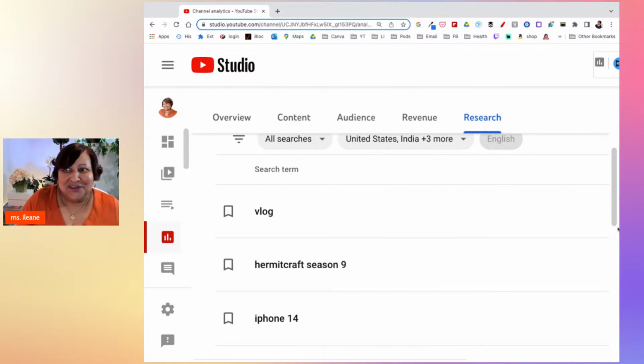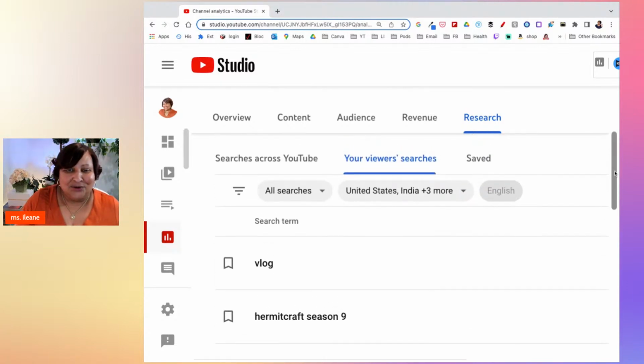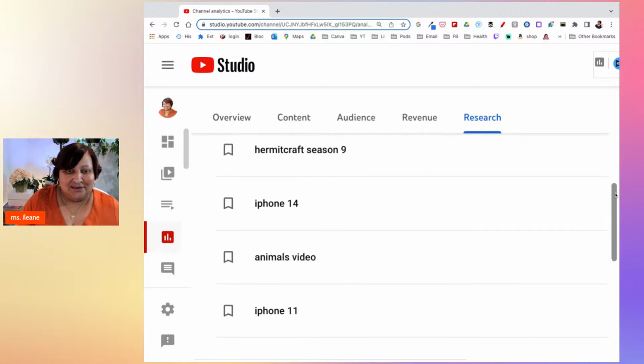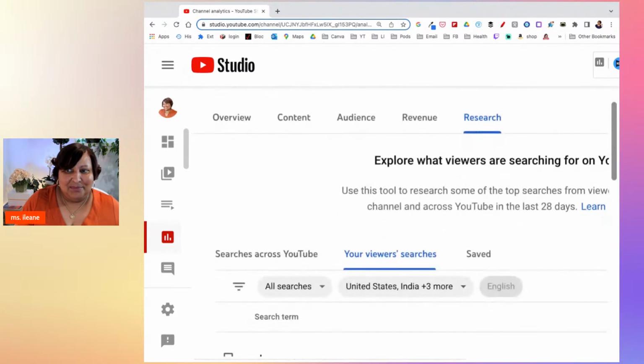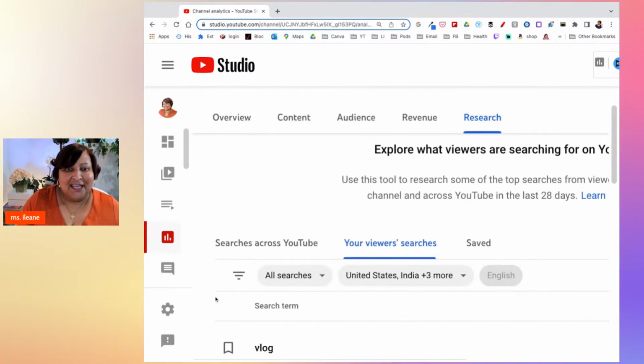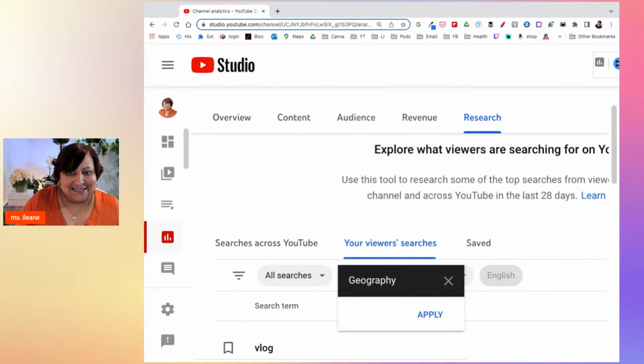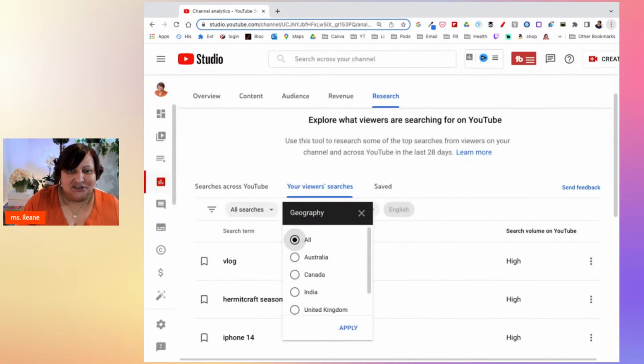But here's another thing that I want you to see. And this all depends upon your audience. Before you even start looking at all these, I'm going to scroll down real quick, but I'm going to come back up here because this is important. Here, for my content, it's important for me to look at my geography. Now, I have this so big you can't even see the different countries. And it gives you only a few countries right now.